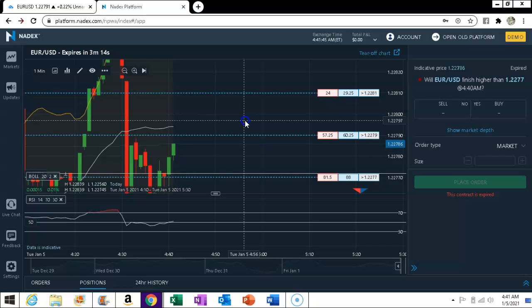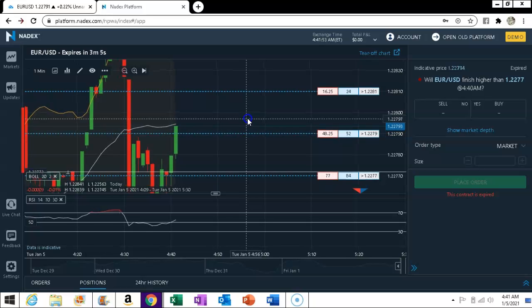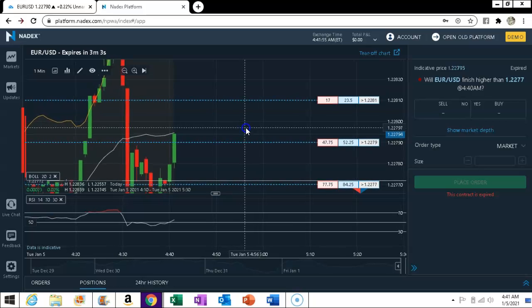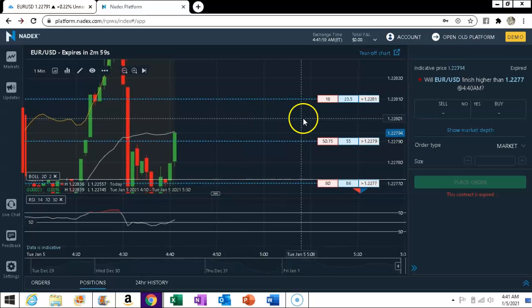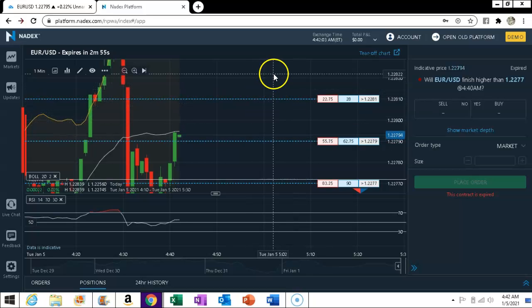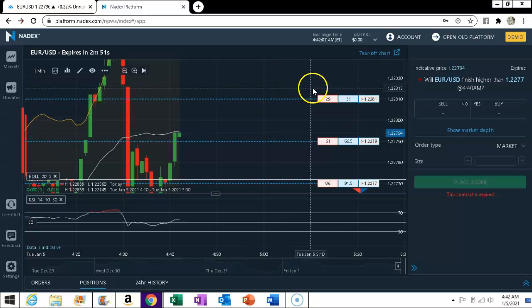I will take a few trades, whether they're winning or losing trades, just to show you how to operate the Nadex platform. So without further ado,